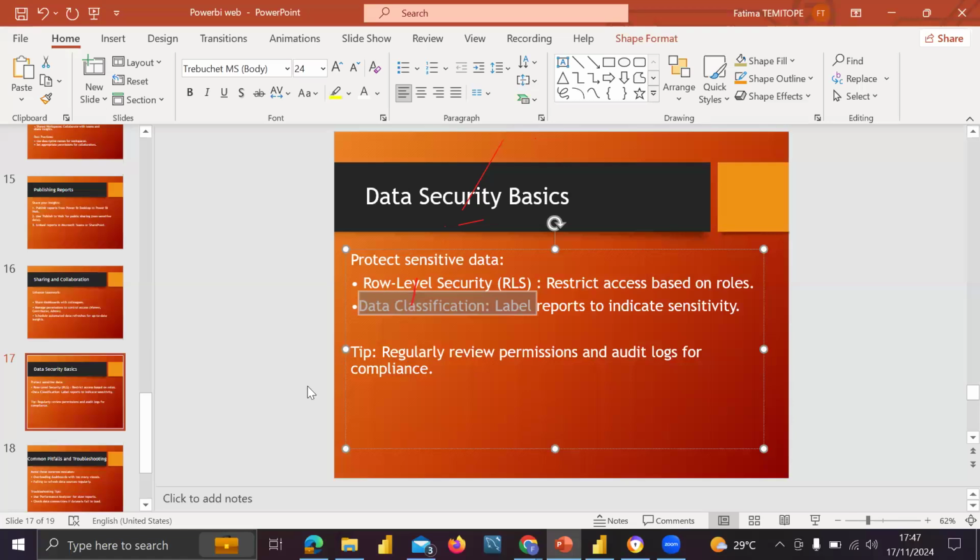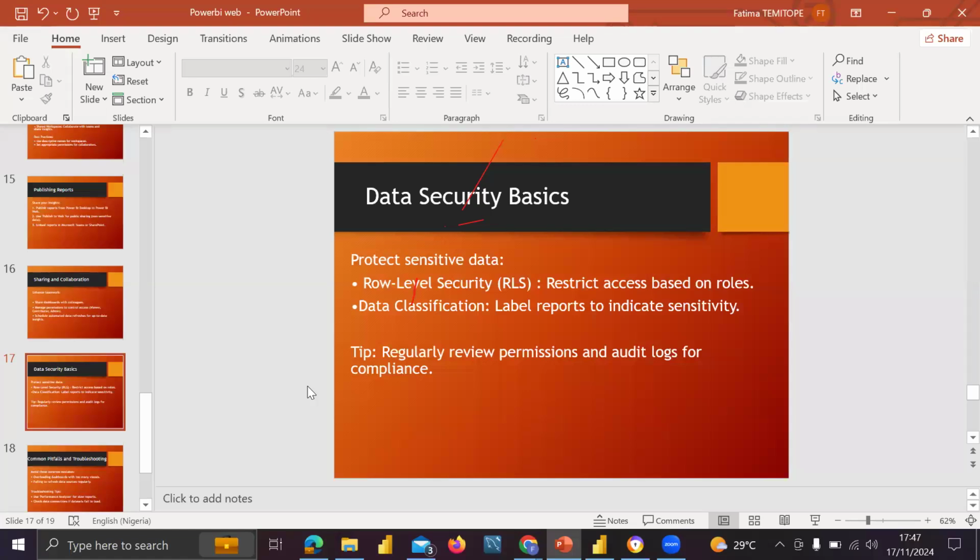If you're an administrator in your organization, or it's your workspace, you should regularly review permissions and audit logs for compliance sake.